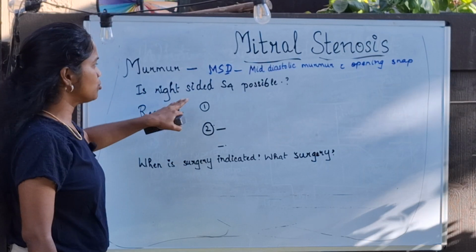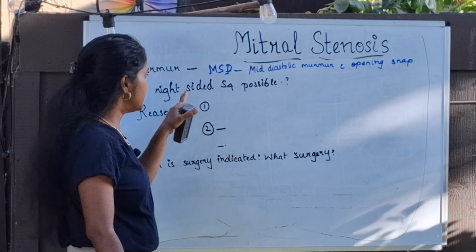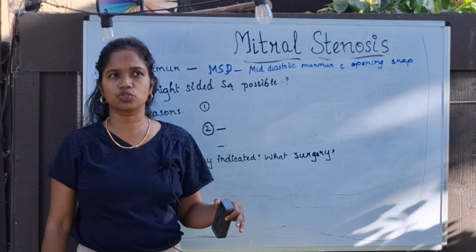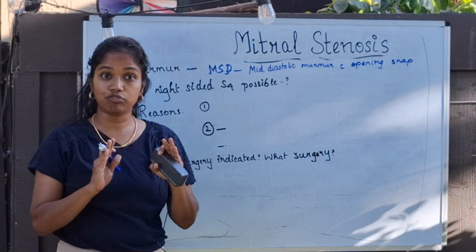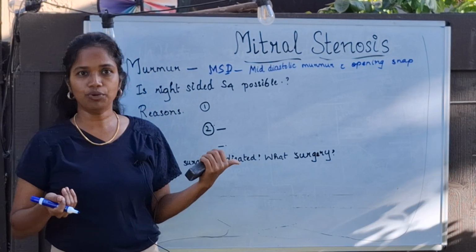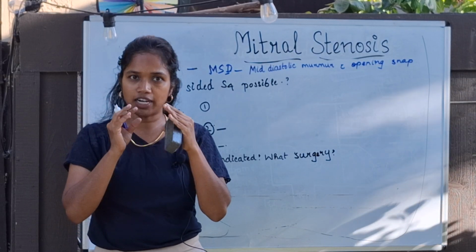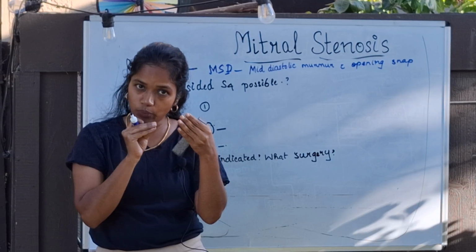Here in mitral stenosis, in one of the NBME questions, it is written that a right-sided S4 is seen in mitral stenosis. What does this mean? Is S4 really possible on the right side? Of course it is. I will be making videos in detail about S4, but till then I will tell you what an S4 is. The S4 is the heart sound which is heard when the atrium empties into the ventricle,